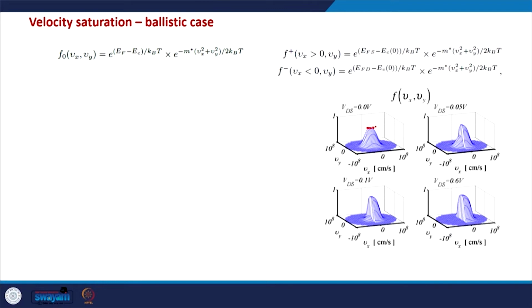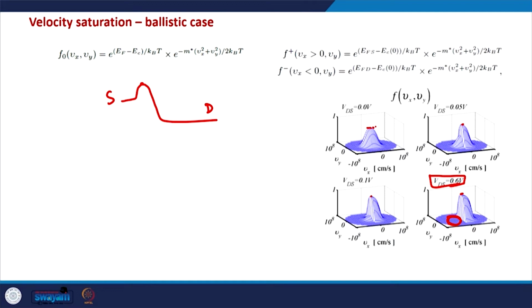that the height of this total distribution function has now increased on the positive side as we are increasing the VDS value, and at VDS equal to 0.6 volts, there are no negative velocity components, because now the drain side is quite below this top of the barrier, and it is almost impossible for an electron to go from drain to the top of the barrier, and that is why there is no negative velocity distribution seen here. However, there is a positive velocity distribution, and there is this interesting fact that the magnitude of the distribution function has increased slightly. So this will become clear after a close inspection, but leaving that point for a moment and